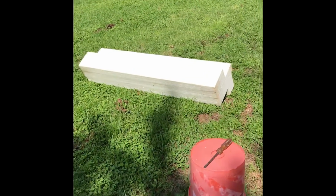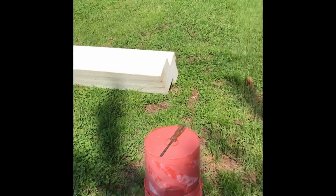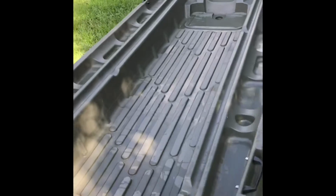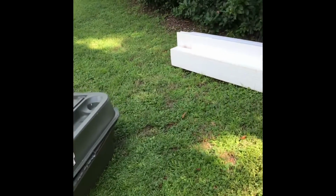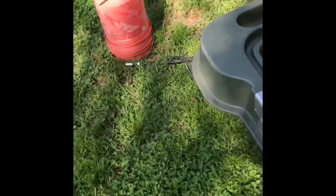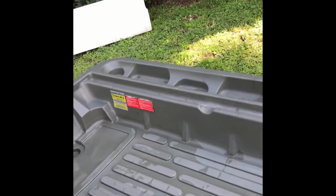So this is what I have going on. I took it apart to inspect the foam. So here's the boat, here how it is, and here's the rest of the foam. So if you take this and you